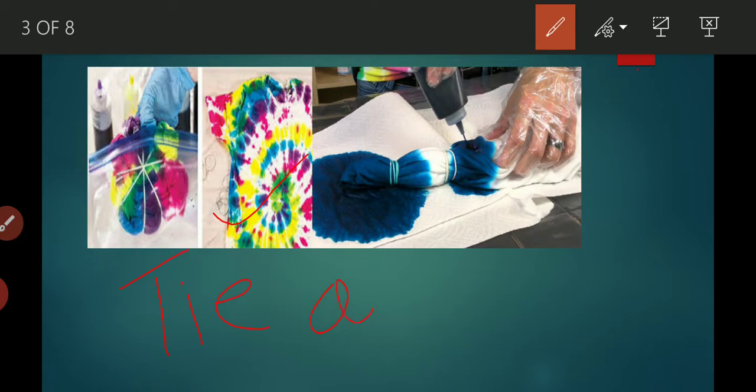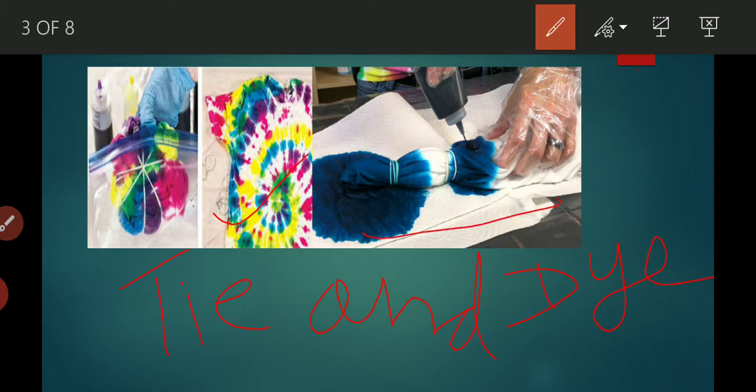In this method, cloth can be folded, twisted and tied in any pattern of our choice. First, we have to tie the cloth according to our choice and then we dye the cloth.